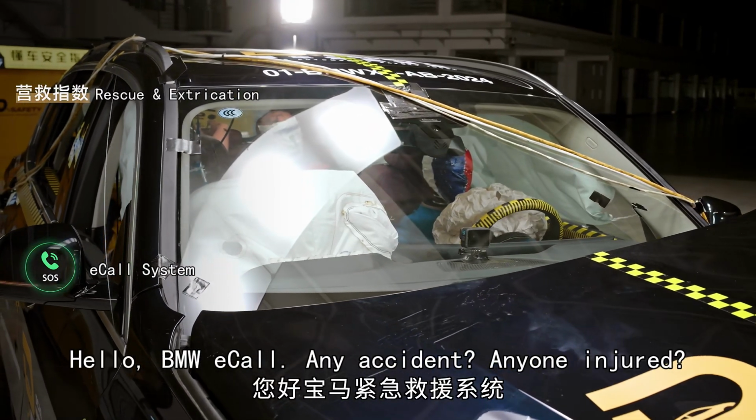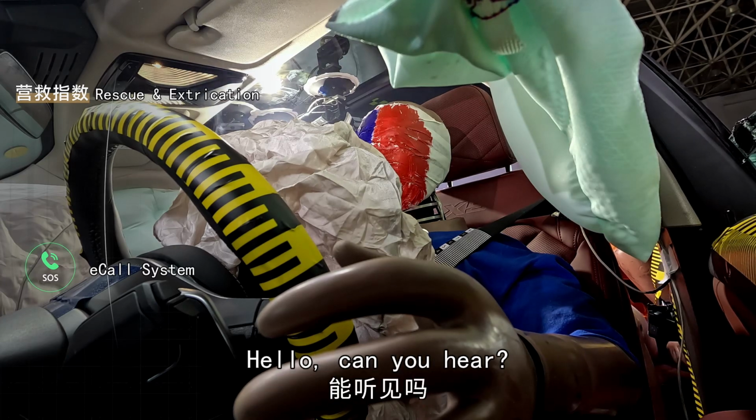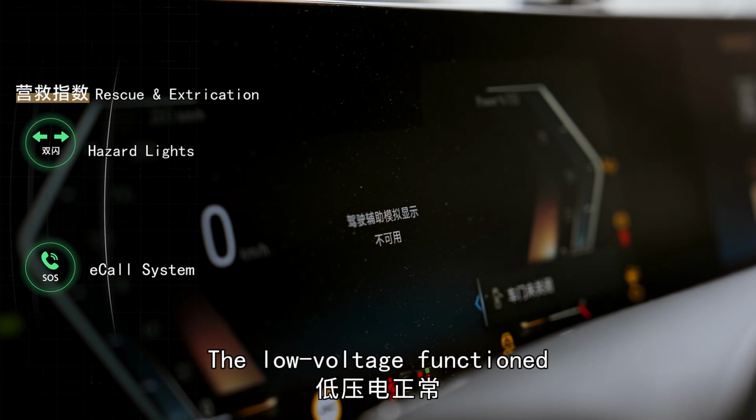你好，宝马紧急救援，系统显示车辆发生事故，请问现场有人受伤吗？ 你好，能听见吗？ 你好，可以听到。